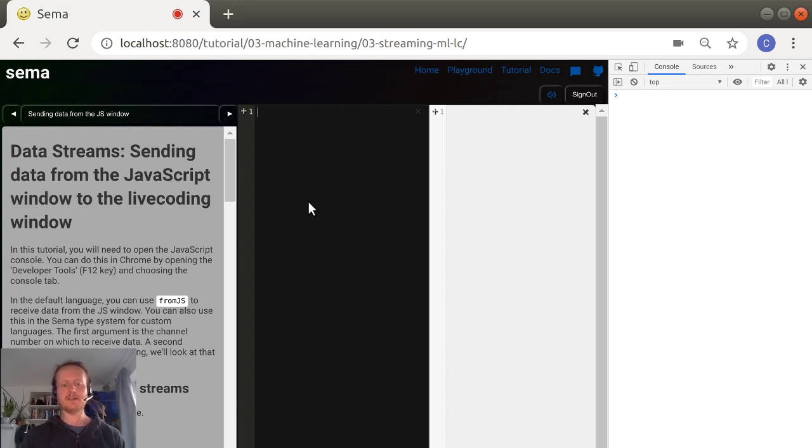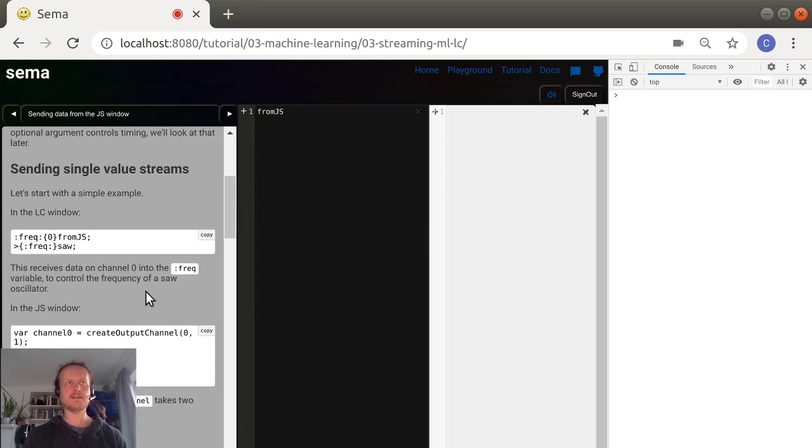Before, we looked at a command called to.js, which sends data from here to here. This time we're going to receive data with a command called from.js. Let's have a look at the example in the tutorial. So I'm going to paste this code in. This code